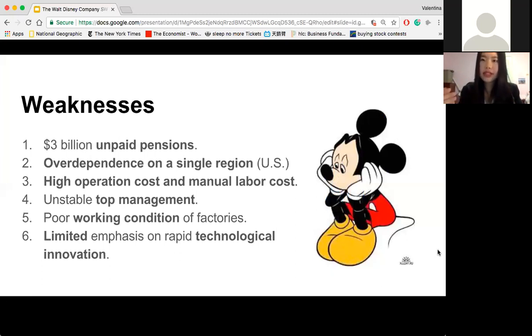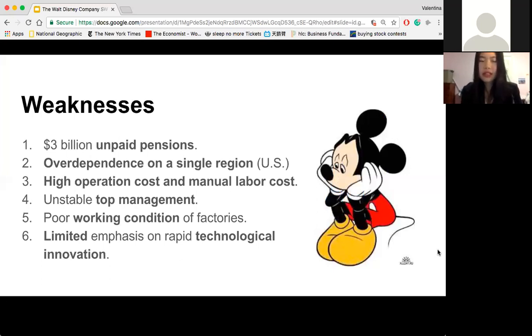Disney also faces an ethical dilemma when selling its merchandise, such as Disney character toys, because those toys are made in developing countries, most of the time in factories with very poor working conditions. Once these things get exposed on social media, people realize, oh, Disney is selling products that are maybe made by children, or by people working in poor conditions. People are going to stop buying them, and that could be one of the weaknesses for Disney's products.